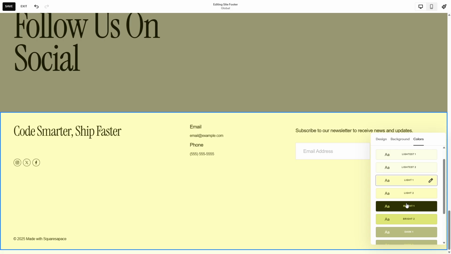With these steps, you can transform your website's header and footer into elements that not only captivate, but also communicate